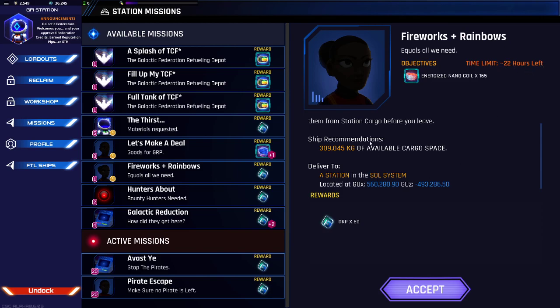So let's just say, and this is a transport mission, right? It says here you've got these energized nano coils that you need to deliver to a different station, right? To a station in the Sol system, which is the system that we are in. This game currently has about 40 different systems. So yeah, these are the things that we're going to be talking about throughout this series, right? And it tells you where to go, gives you the exact coordinates,